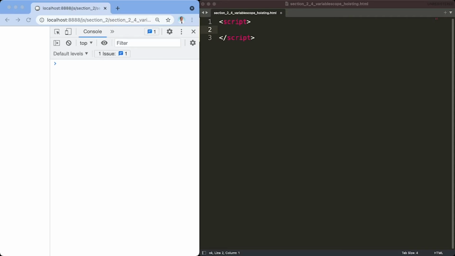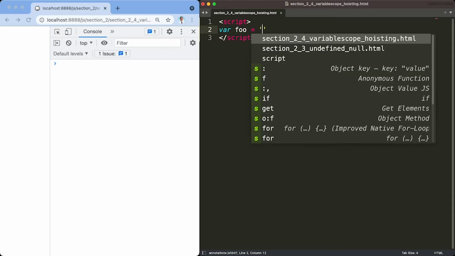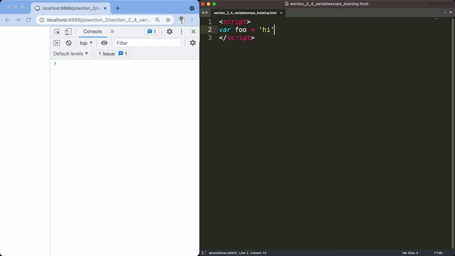In the previous video, we talked about the global scope and how any variables that are created outside of a function. We'll have an example, var foo equals hi, and this will exist and be accessible anywhere. But if you create a variable inside of a function,